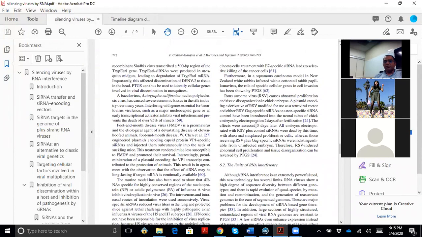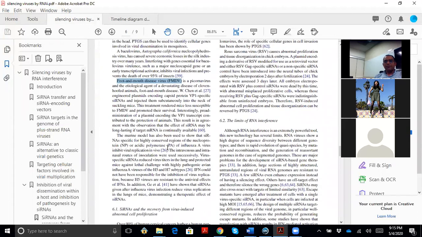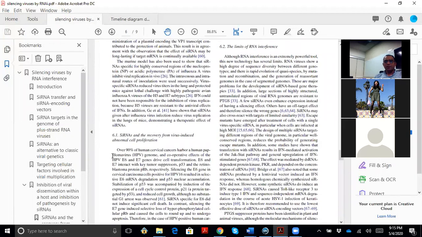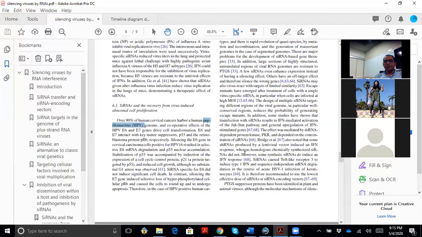For example, RSV, then foot and mouth viruses, and different viruses that have been explored for therapy, like human papilloma virus, and then what regions they tried.